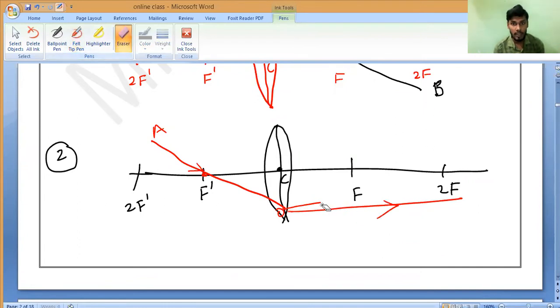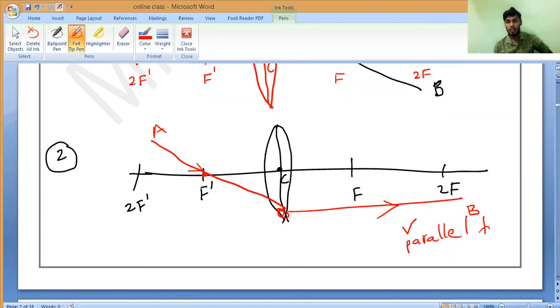So the refracted light ray. Ashika, do you understand? Yes, sir. It will become parallel to the principal axis. That's all. So the refracted light ray is OB and the incident light ray is AO. Note it down. This is rule number 2: the incident ray which is coming through the focus, after striking the lens, the refracted light ray will become parallel to the principal axis. Do you understand, Arya? Nitinath? That's all.